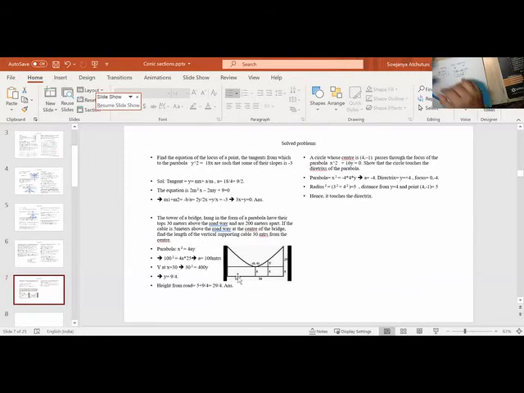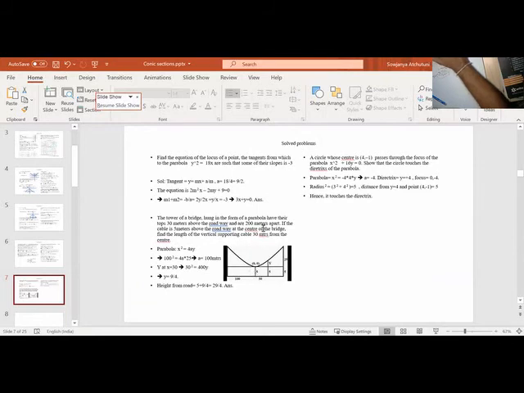Now you see this problem. There is a tower and a cable is hanging from the tower, and this is a road at a distance of 5 meters. The bottommost point is 5 meters above the road. The cable hangs in the form of a parabola, with the top 30 meters above the road and 200 meters wide. So this is 100 meters, this is 100 meters. The cable is 5 meters above the road at the center.